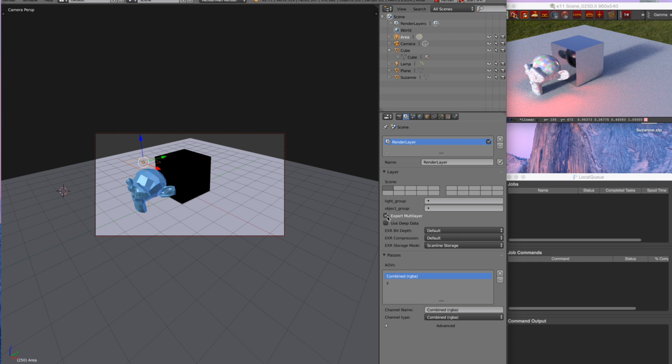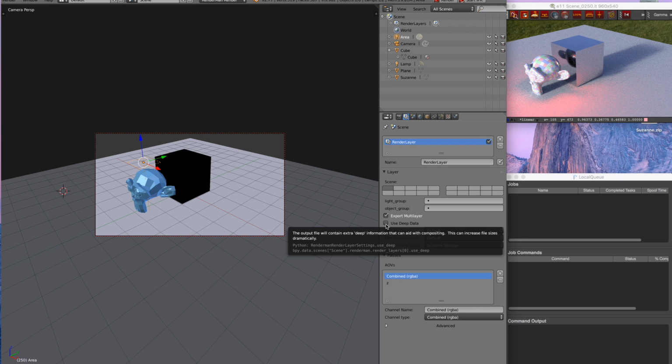The other option we have is exporting multi-layer OpenEXRs, which is kind of cool. That will combine all of the AOVs here into one EXR file. You have some options for your EXR files. You can also output a deep EXR